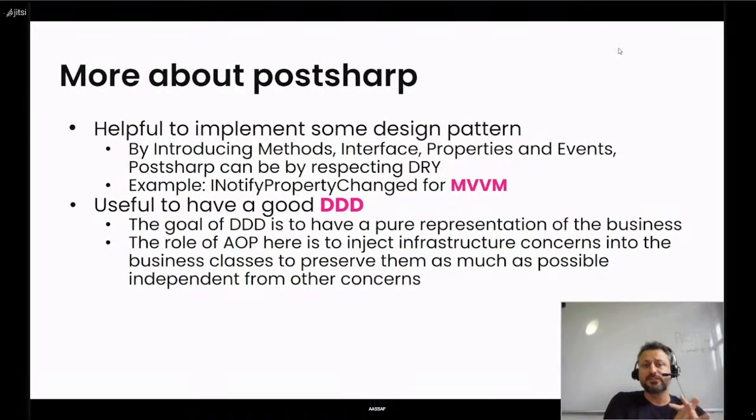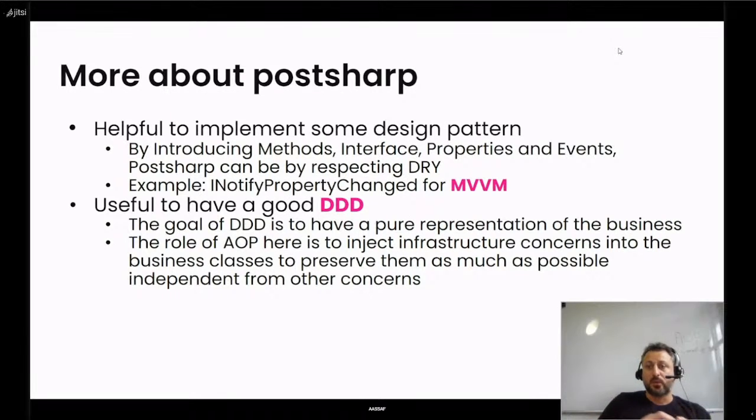An example of that is INotifyPropertyChanged, which is a pattern in WPF. We have this pattern in MVVM, but in order to implement it, C# or the WPF platform doesn't provide what we need. We have to implement the interface, implement the change, and launch the event.